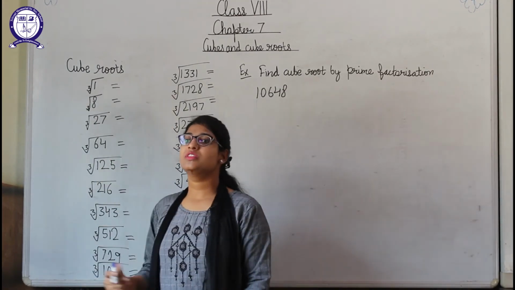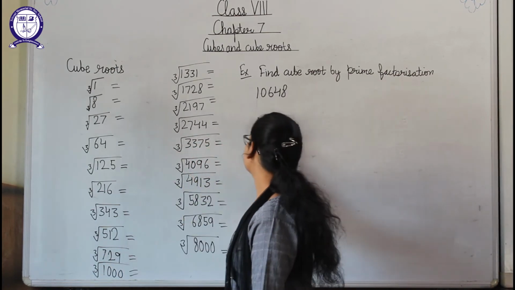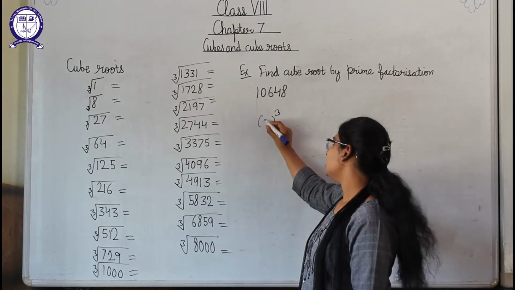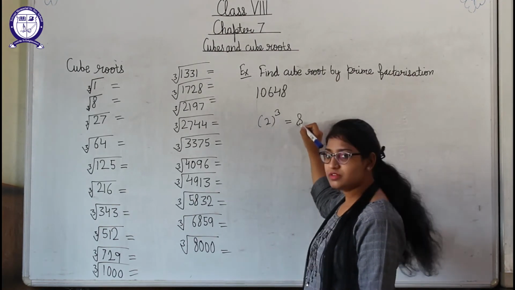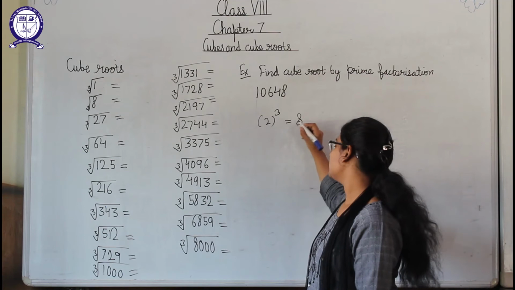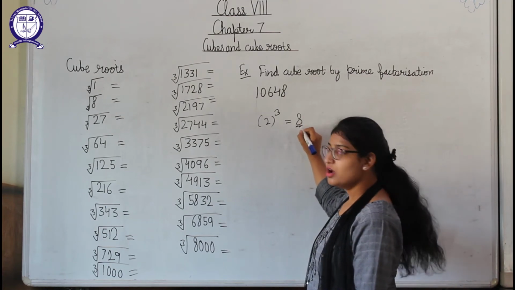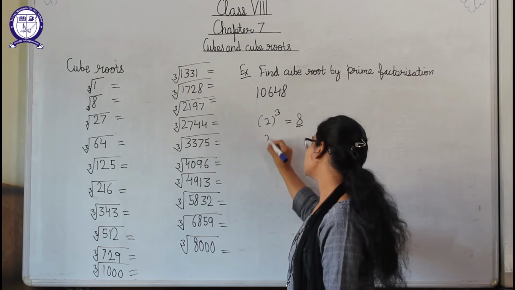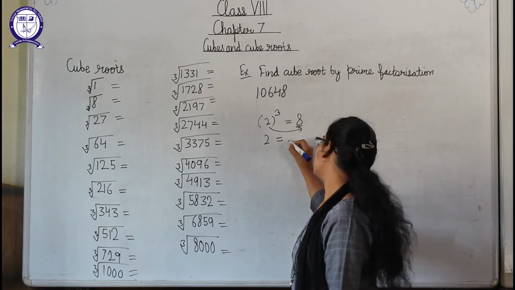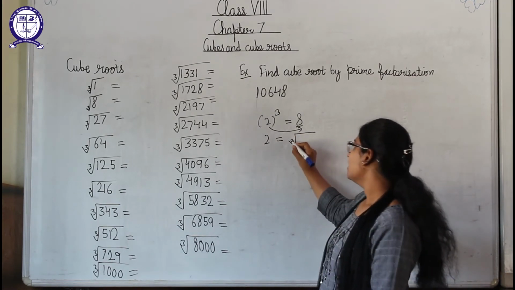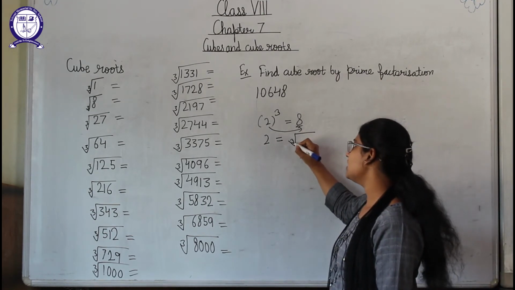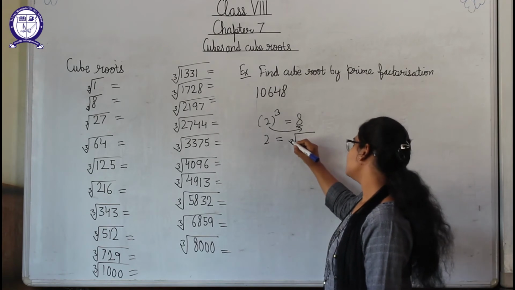What are cube roots? The reverse operation of cube is cube roots, students. Now as we were doing, this was the cube. Here 2 cube is equal to 8, because 2 into 2 into 2, 2 2s are 4 and 4 2s are 8, means we are getting 8 as our answer. The reverse of it: if cube goes to that side, it will become cube root. And what is the symbol of cube root? This is the symbol. Like the symbol of square root, we make only this, but for the cube we will write 3 here, so that it is clear that this is the cube root.